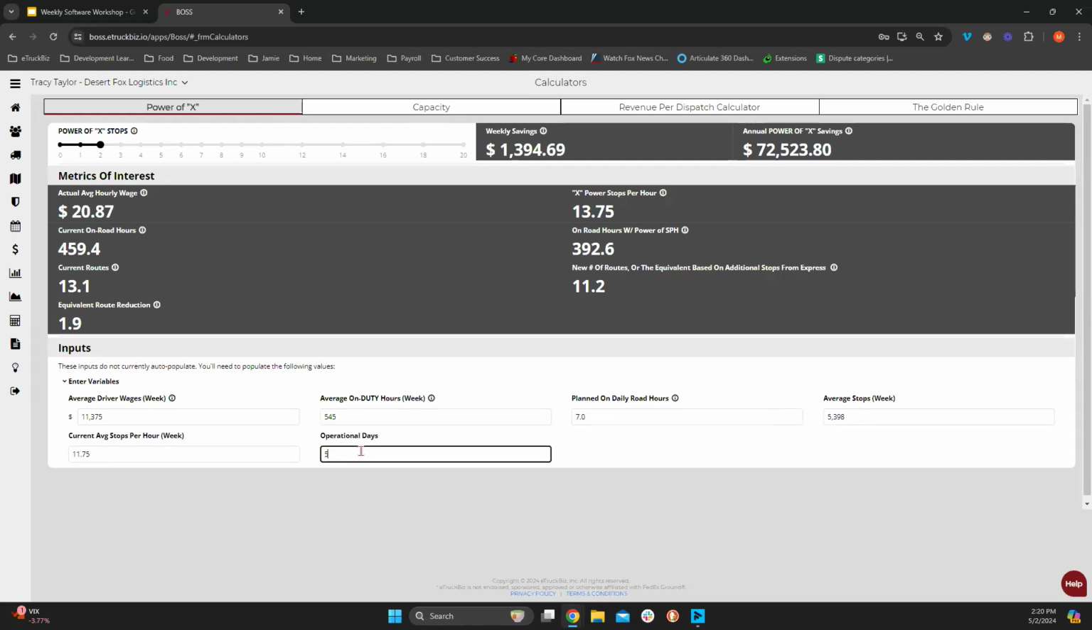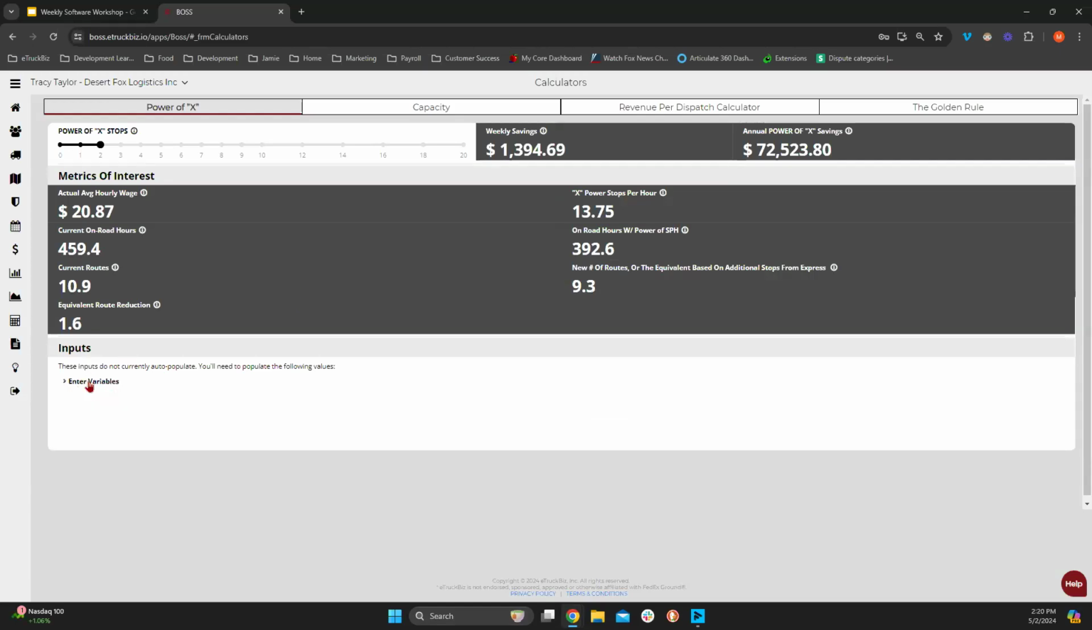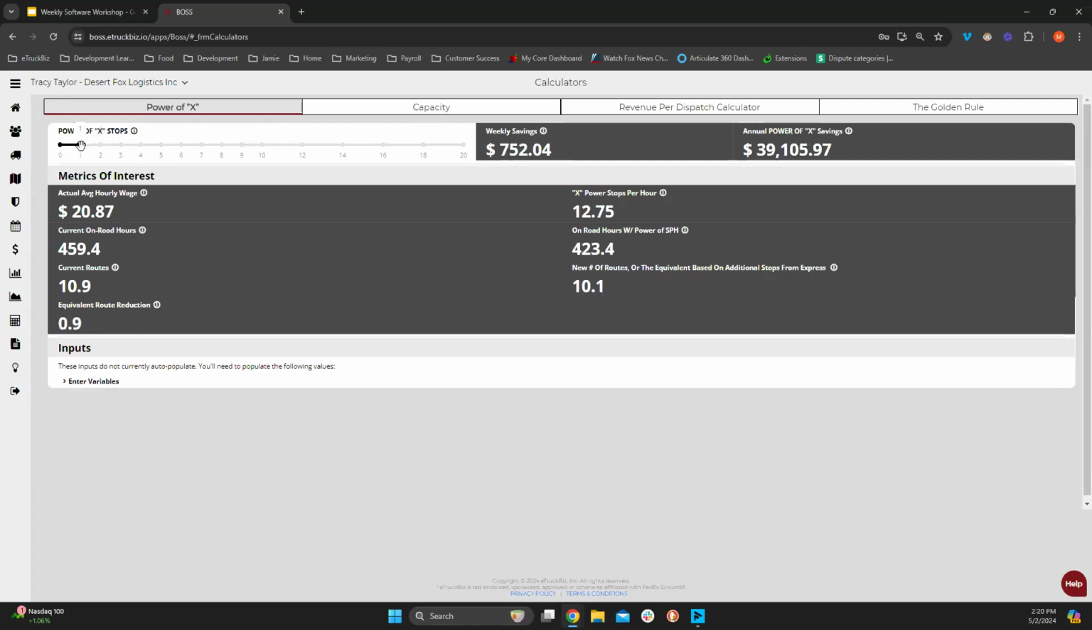Some people are still doing 7 days, and some people are doing 6. So if we change that to 6, it's going to change a little bit here. Once you have the inputs put in, it does calculate out for you. So it is going to tell you, if you move this down to 1, if we're just increasing 1 extra stop an hour for all the drivers across the board,